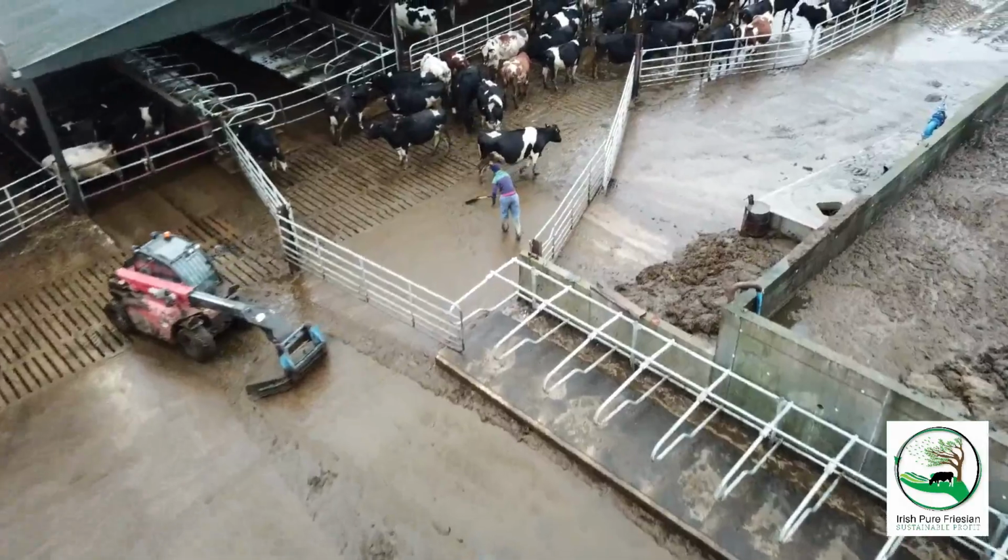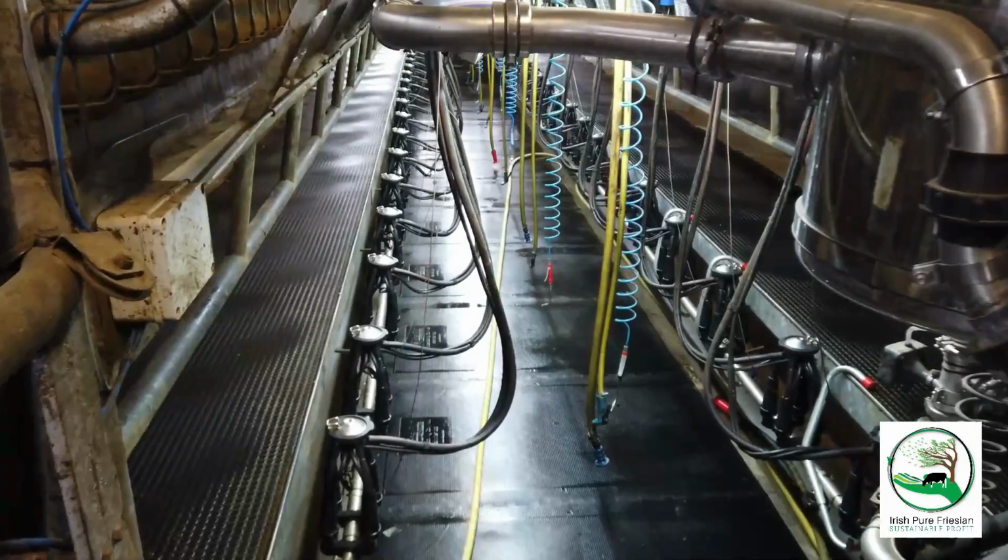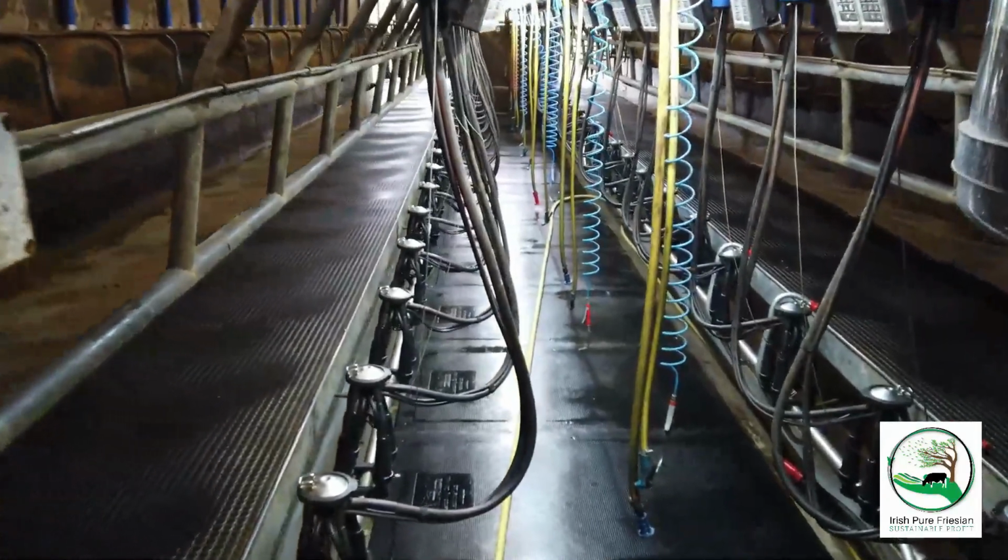And I suppose we dip back into older bulls when we have to, and use whatever's new and modern coming on the scene as well at times, to try and improve the breed and improve the herd as best we can going forward. So I suppose our milk records most recently would be